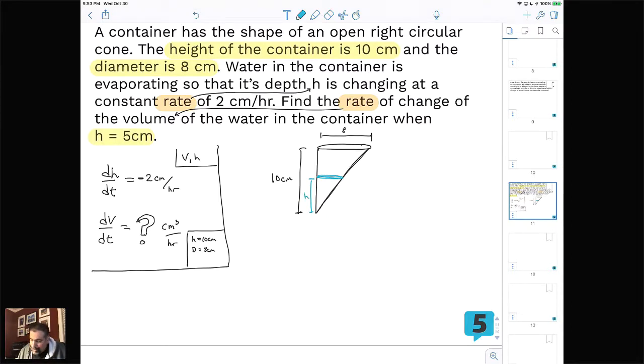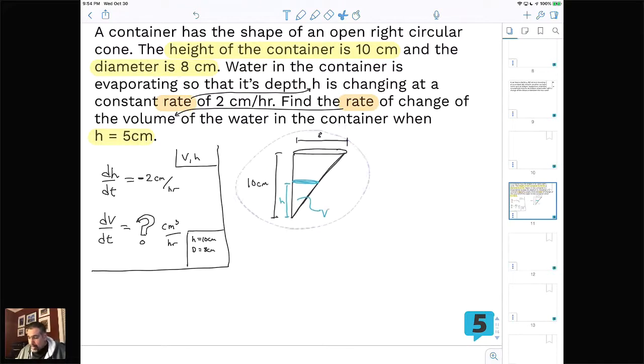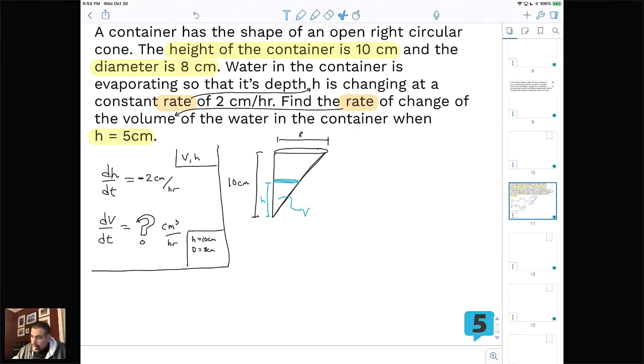The V, the volume of the water, it's kind of hard to do it, but we're just saying, hey, there's water in there and it's got a volume. So this is the picture we're dealing with. This is the shape we've got. The idea now is to come up with an equation that uses our variables. And remember, the most important variable to use is V, volume of a cone. So the equation that I am going to be looking at to start with in this problem is that volume of a cone equation. So we saw earlier today, the volume of a cone equals 1/3